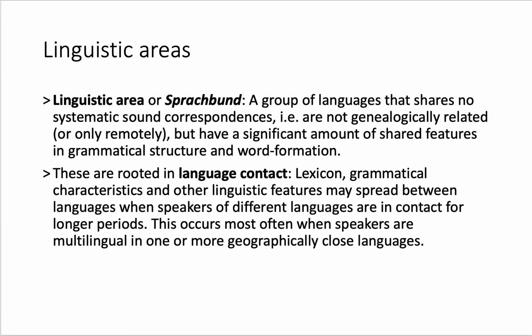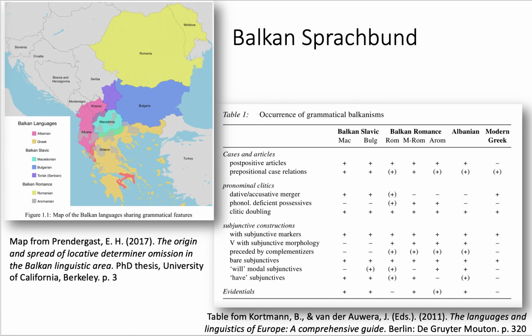And the textbook example of a Sprachbund is the Balkan Sprachbund. On the left you have a map where you can see that the languages involved are Albanian, Macedonian, Greek, the Torlak variety of Serbian, Bulgarian, Romanian. And in the table on the right you can see the features that are shared between them. And these deal with articles and case, the behavior of pronominal clitics, the characteristics of subjunctive constructions, and also the presence